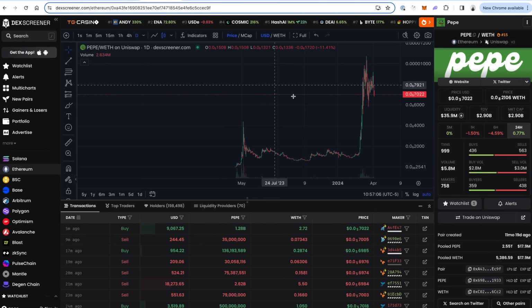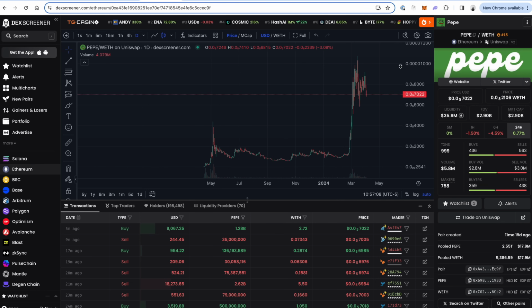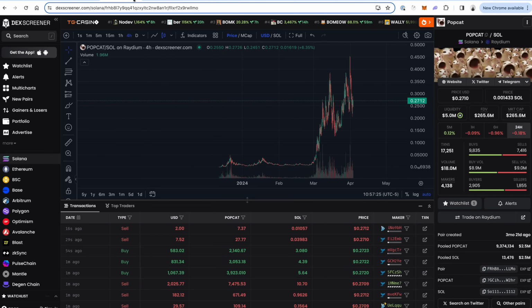Moving over to Ethereum, we also have Pepe coin. So this is not a Solana coin, but it's still a meme coin that's launched on a DEX, just like I'm showing you on this. It just happens to be a different blockchain. Pepe is quite successful as well, and it's based off a really classic meme, which is popular on crypto Twitter, popular across the web. So these are all existing meme coins.